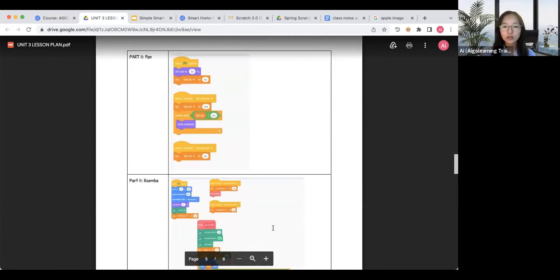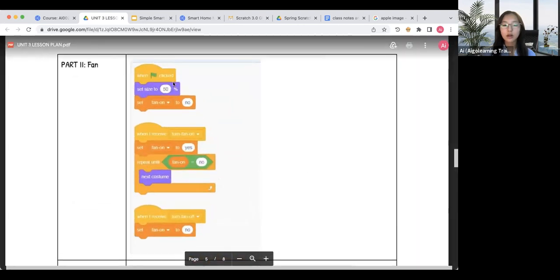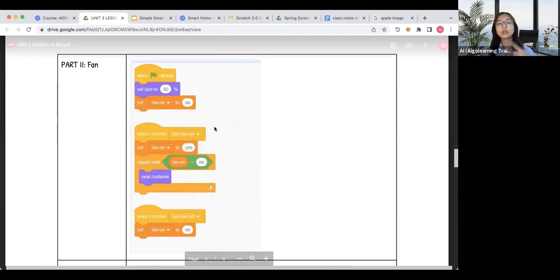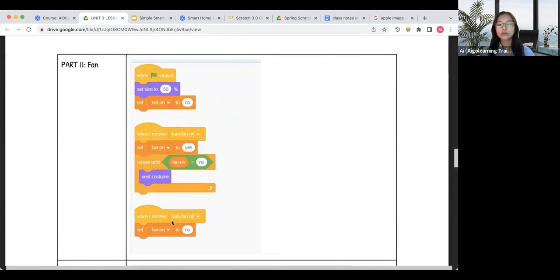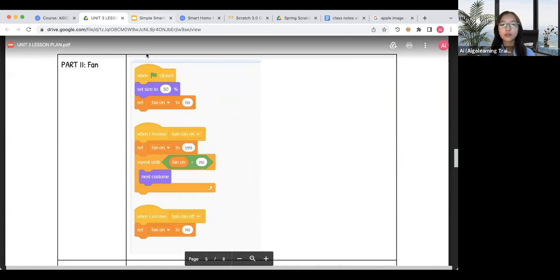Yeah, so the fan is also not too complex. It's really just: when I turn fan on, keep spinning, next costume; turn fan off. You don't even need the variables really, but